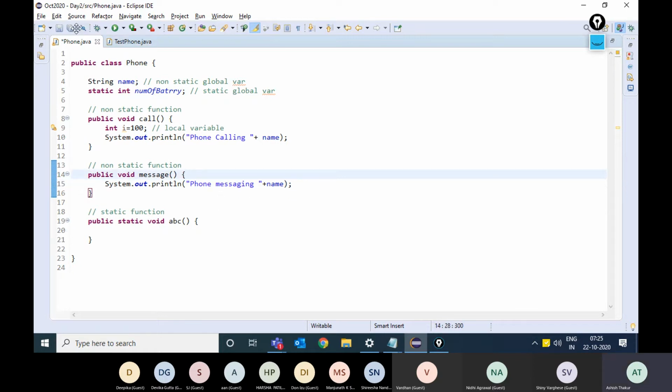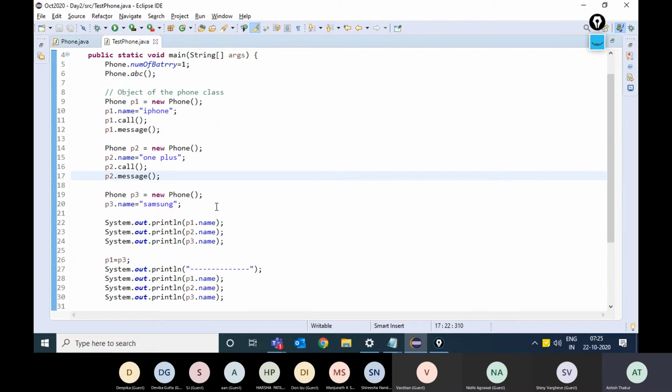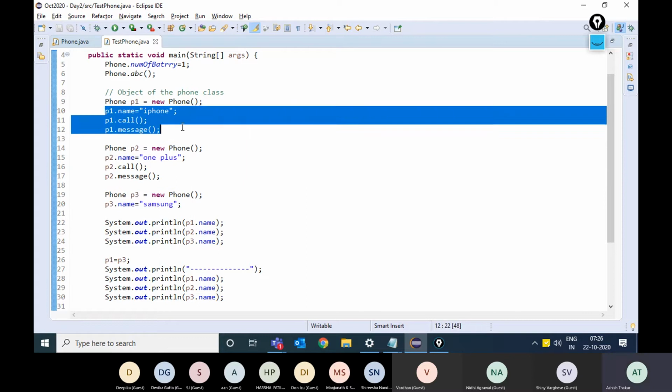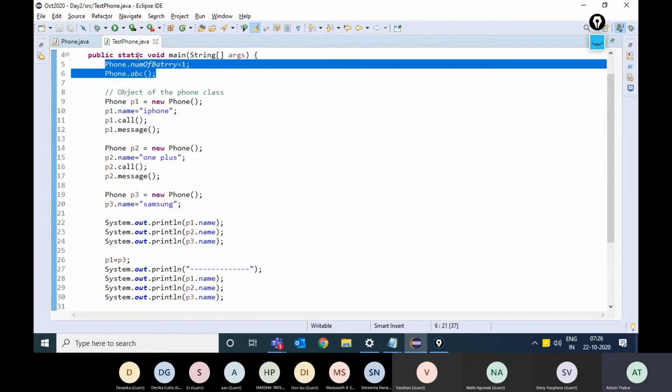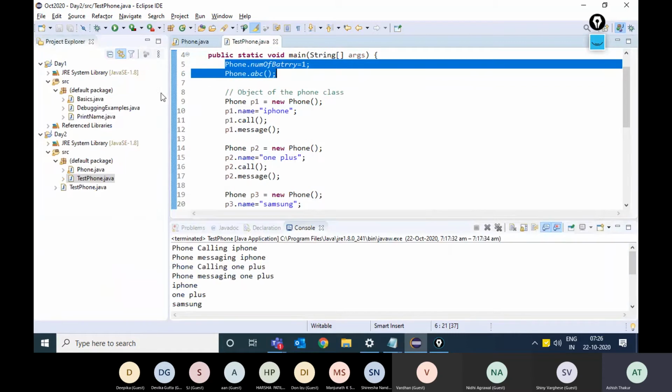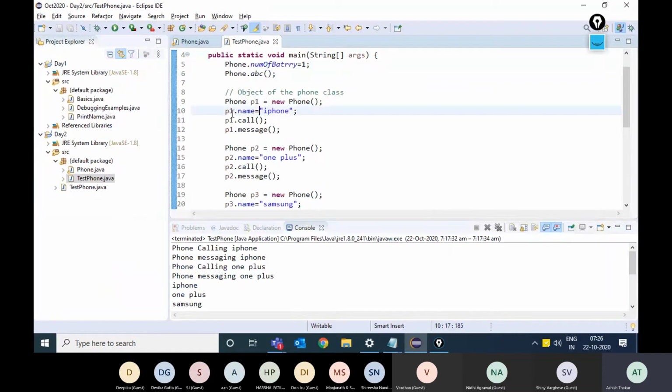Right. Now, coming over to Selenium. What we have seen is how we can create objects of particular classes and use the non-static stuff inside it, and how you can use the static stuff inside the classes. Now, when we talk about Selenium, everything in Selenium is inbuilt.